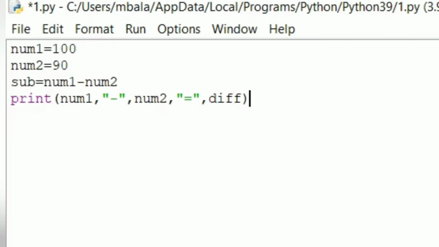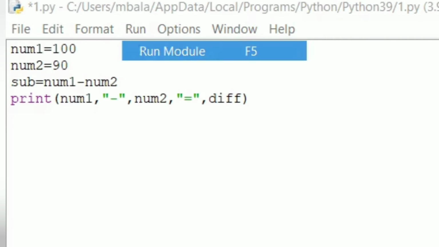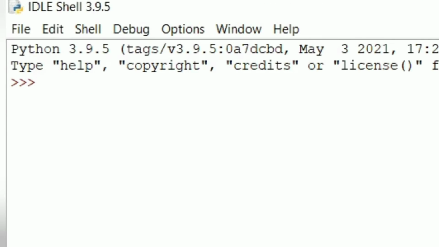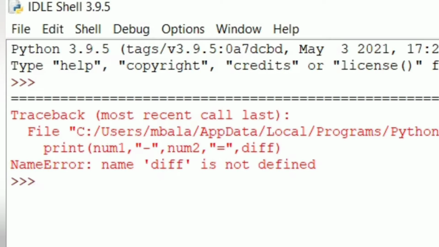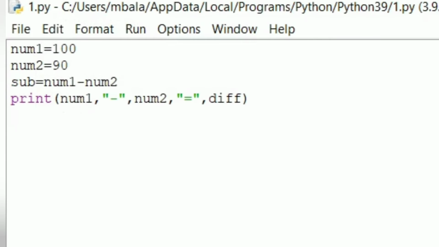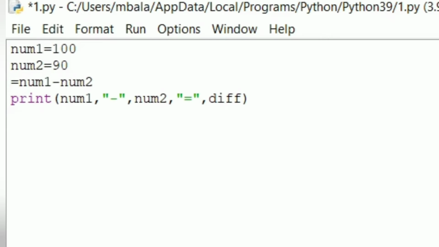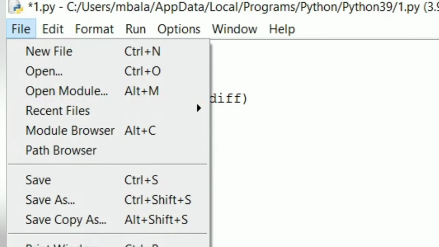Okay, now let's continue. And we need diff, right? I have given diff here, but there I have given sub. Actually we want to use diff. Remember this, for addition we are using add, and for subtraction we want to use diff. If you are using something like sub or subtraction, surely you will get these kinds of errors. Now let me change that. In the third statement we have given sub, right? Let me change it to diff, and now let me go and run that and show you.